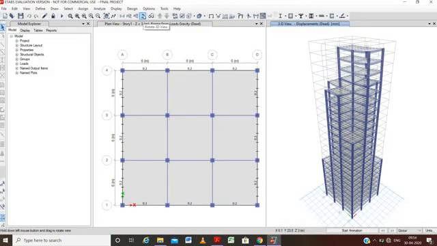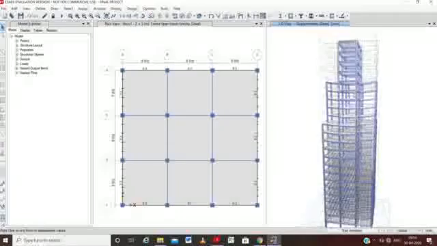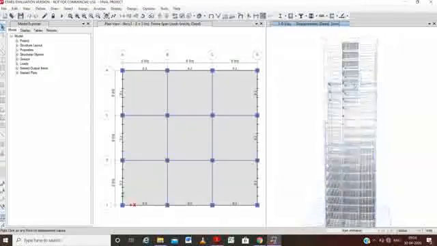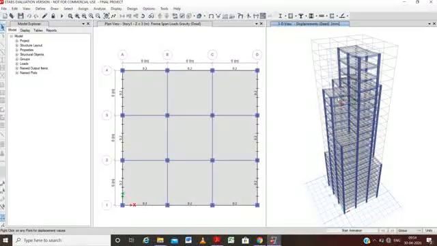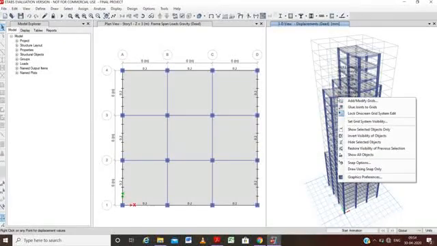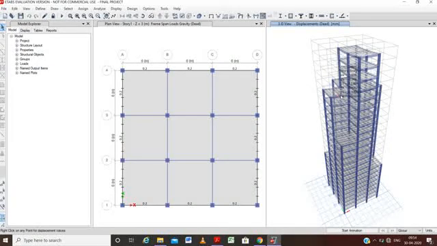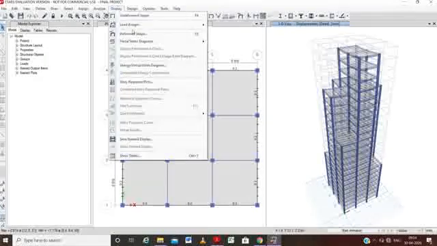We can use this rotate option, and we can rotate and get all the views of this building. Here you can click on any member to get the details about it at any point. We can also display many other types of forces.